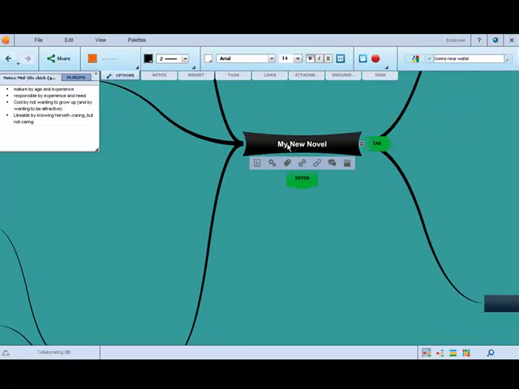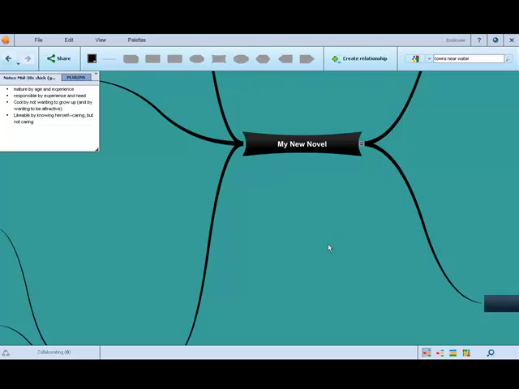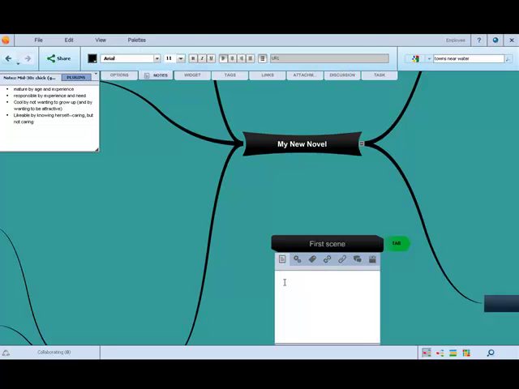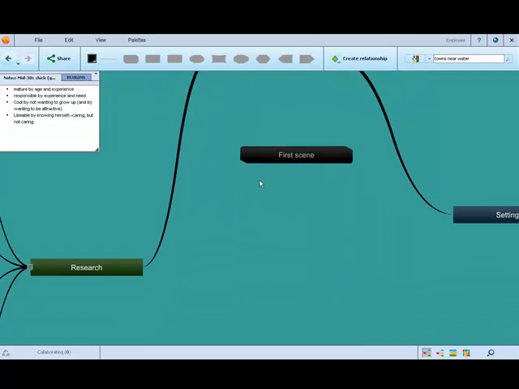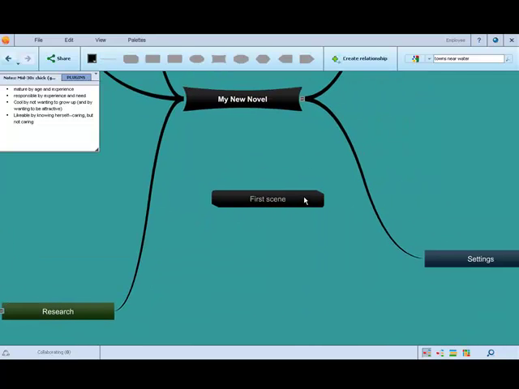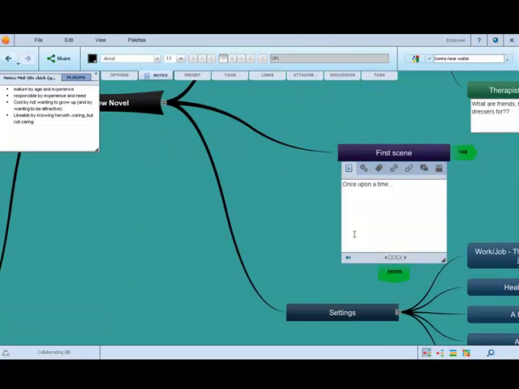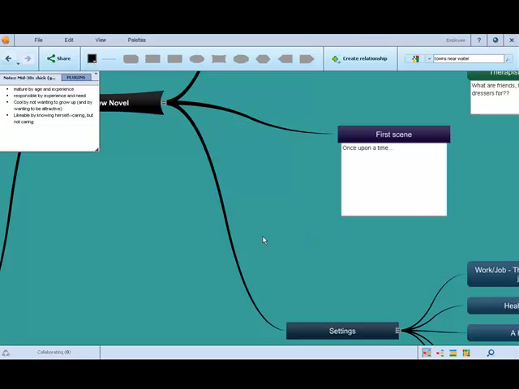Now that I've got these general ideas in here, I can start adding more information. Let's say first scene or first story, and I can start writing what I want to say, as you can see. And if I want to connect these to different places, I can do that here, and I can pin the notes open like this if I want to continue going through my